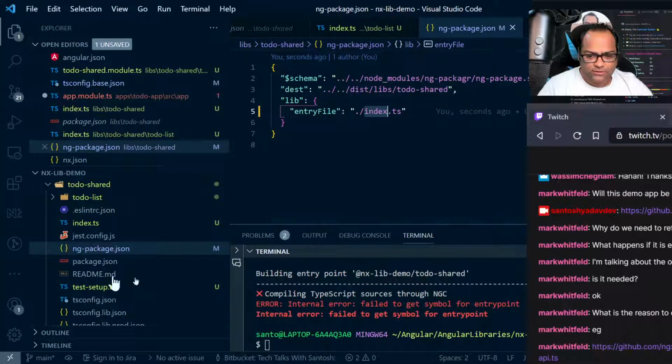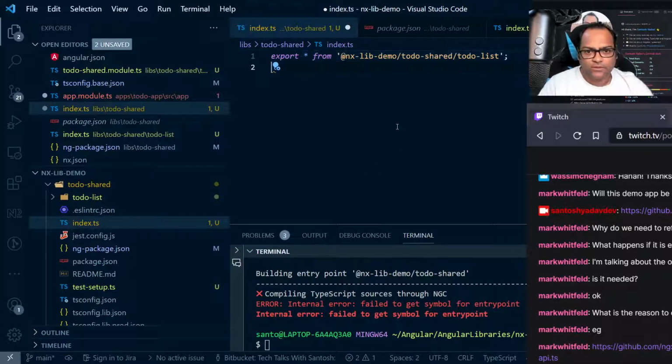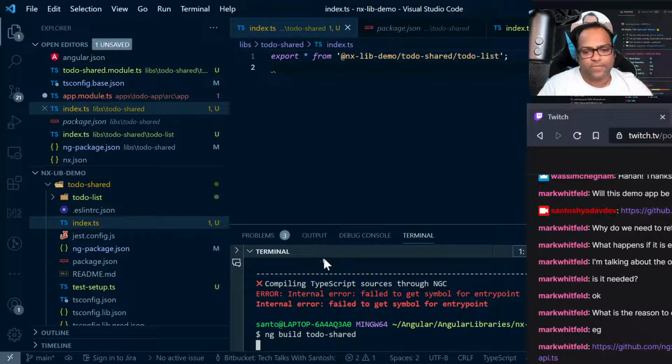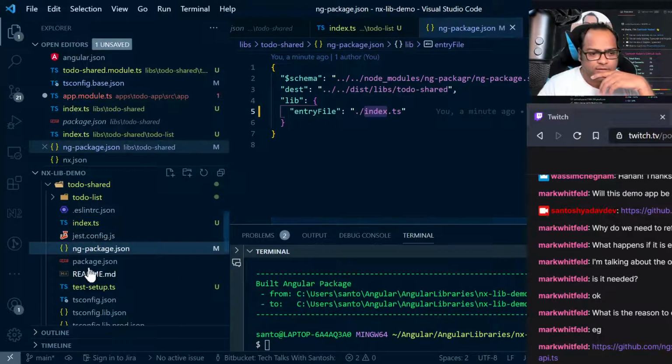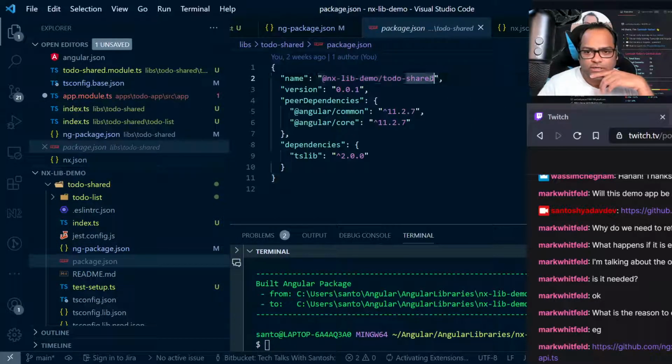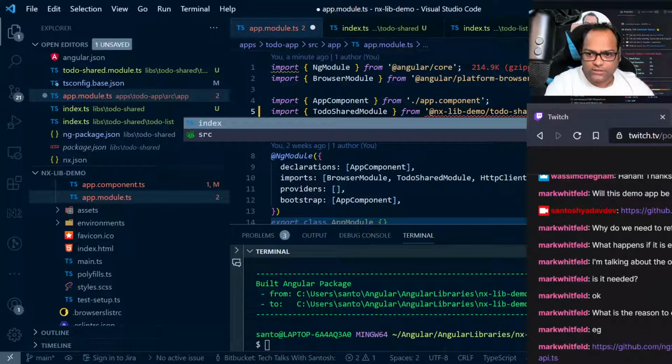Index.ts. Okay, I think strange. Slash todo utils, todo list, and now it should build. Okay, so done. So we have from this to this, and okay, so todo shared, nxlib demo todo shared. Let's see, nxlib todo shared slash